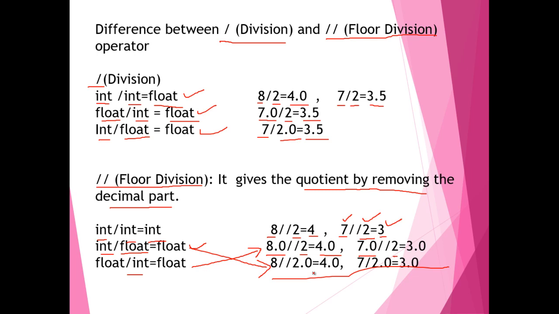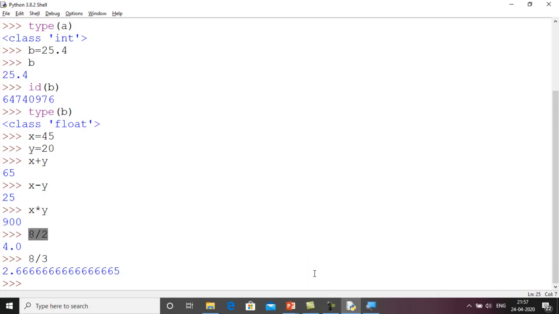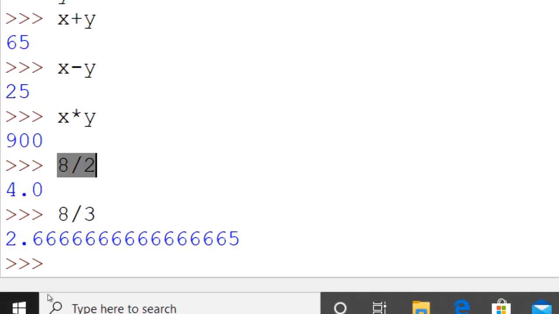So let me show you this practically also. You can see that if I write 8